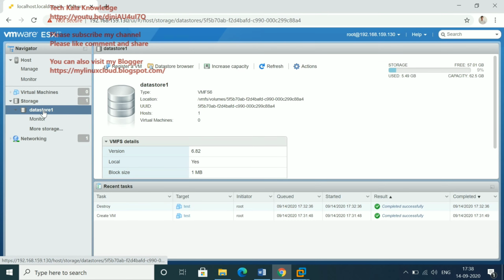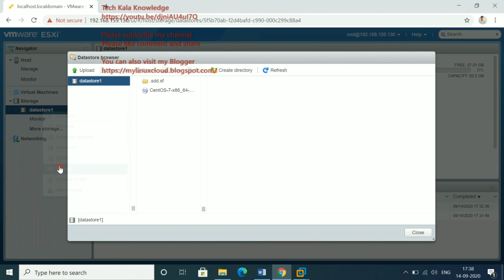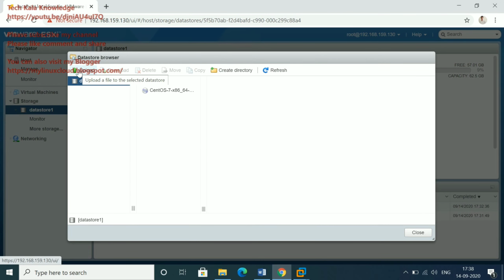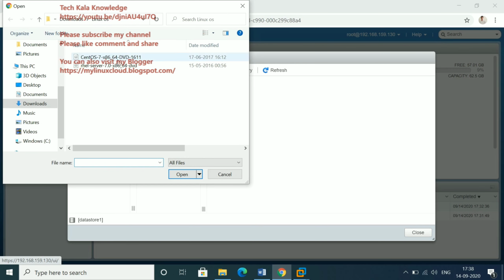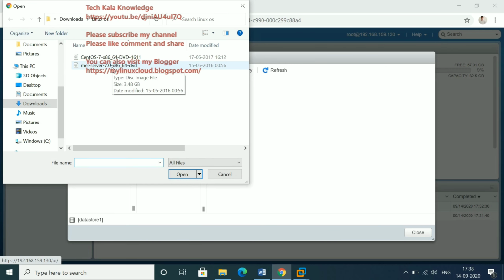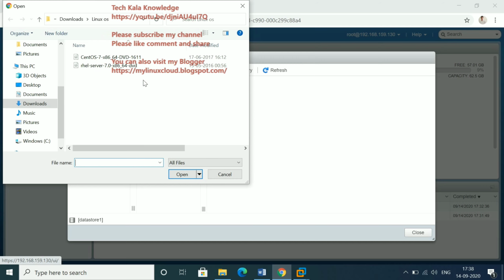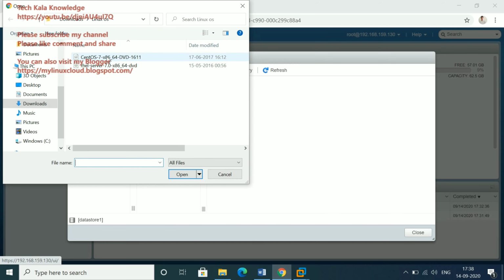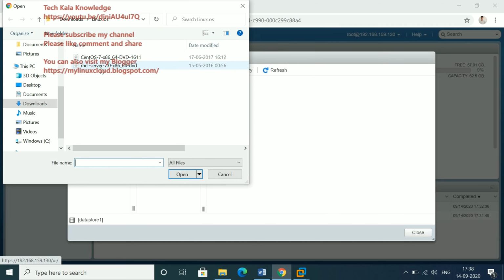Right-click on the datastore, go to Browse, and you can see one option is Upload. Click on Upload, and you can see this is my ISO image. I have already downloaded it on my local laptop. As of now you can see two ISO images available.